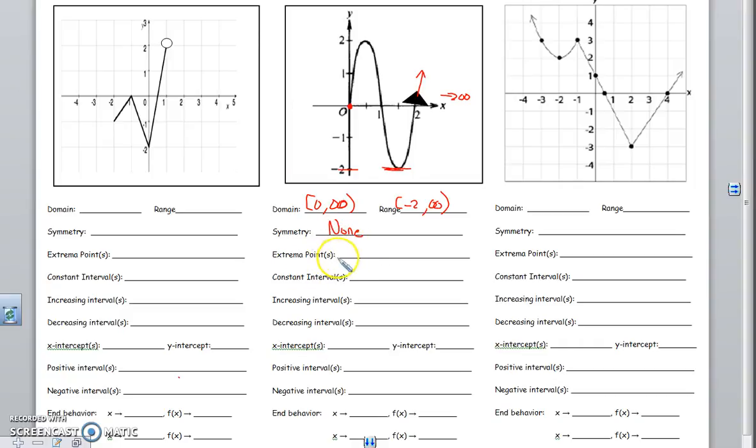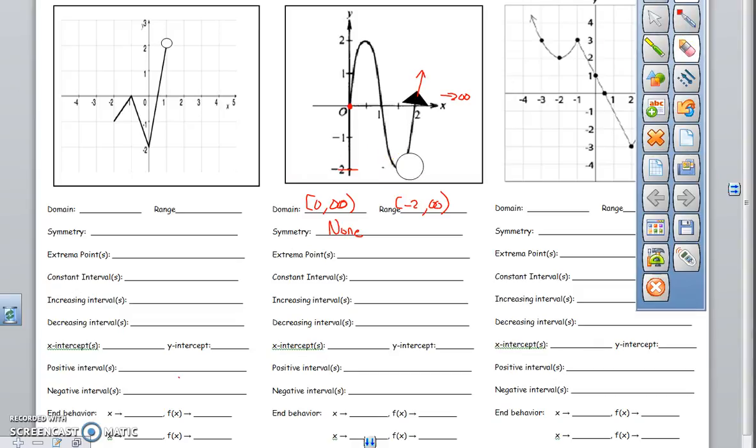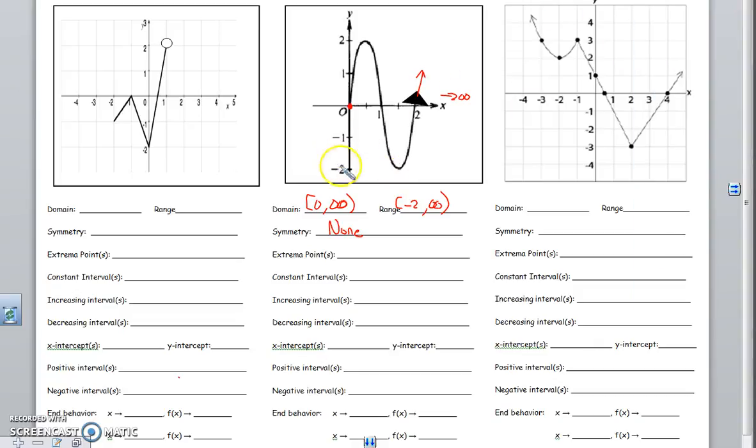There are a couple of extrema points. Let's go ahead and start looking at some here. You have one here and here. Now, this one down here, since there is no point lower than this point here, which is 1.5, -2, that would be an absolute minimum. So you could say an absolute minimum at 1.5,